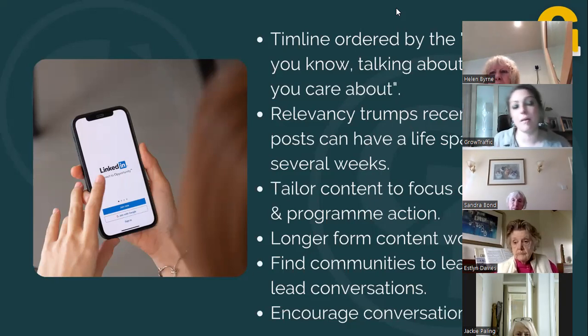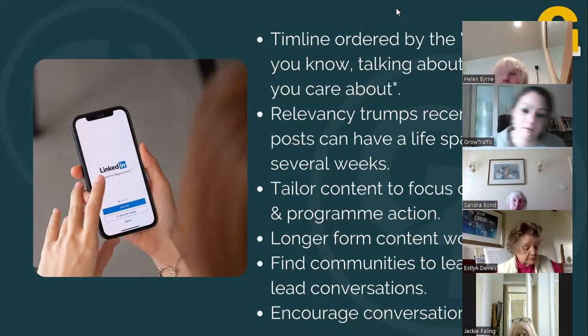So when you're thinking about what that means for you as a content creator, don't think about immediacy. Facebook is going to be very much, we went here today and we did this, here's a photo. Twitter is going to be very much, here are some interesting facts about this, and this is what I want you to do about it. I want you to make a speech in Parliament or sign this petition or whatever.